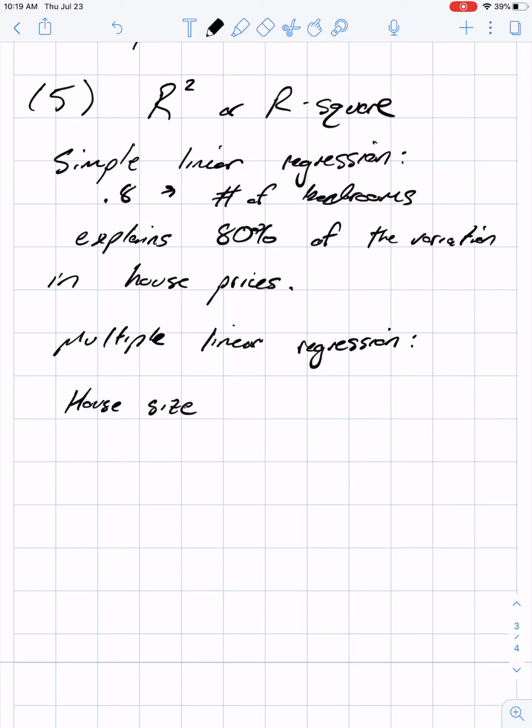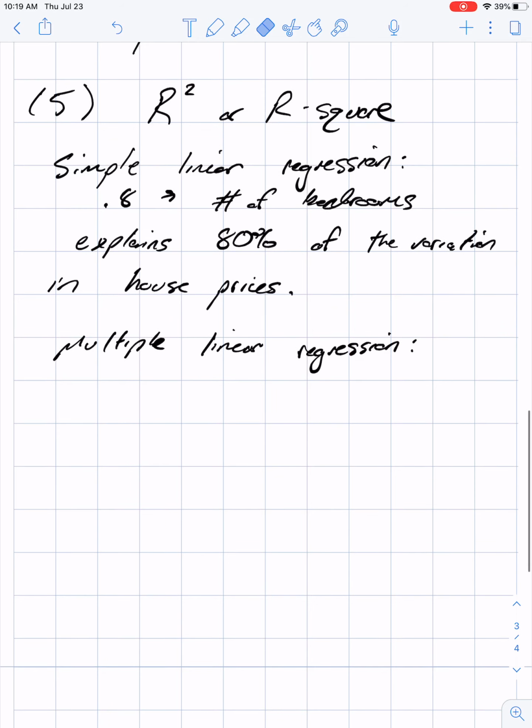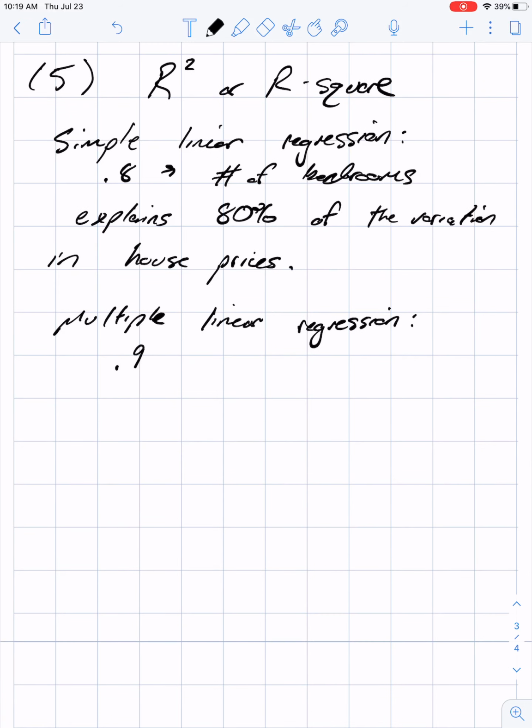First of all, one thing I want to point out is that if you start with one independent variable, number of bedrooms, keep that independent variable and add another one, your R squared will always go up. So let's say it went up to 0.9 in this example, okay? So we added house size and our R squared increased. That makes sense because if we add a new variable, we're going to be able to explain more of the variation in house prices. So if I got that for the one where I added size, I'd say house size